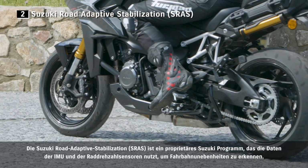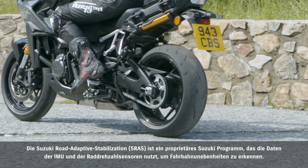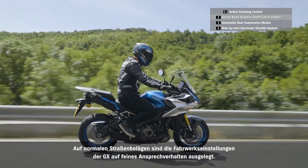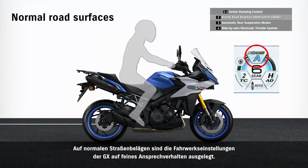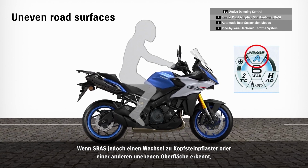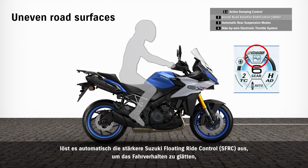Suzuki Road Adaptive Stabilization, SRAS, is a proprietary Suzuki program that uses input from the IMU and wheel speed sensors to detect uneven road surfaces. On normal road surfaces, the GX uses the suspension settings that emphasize responsiveness. However, when SRAS detects a change in cobblestones or some other uneven surface, it automatically triggers stronger Suzuki Floating Ride Control, SFRC,